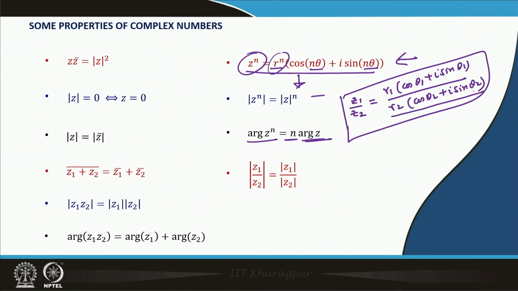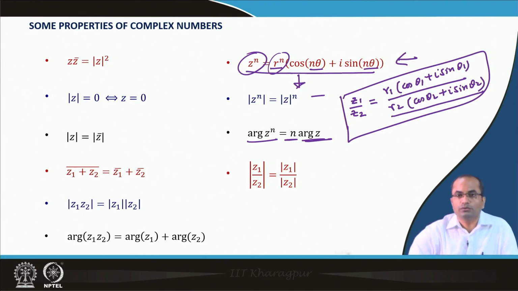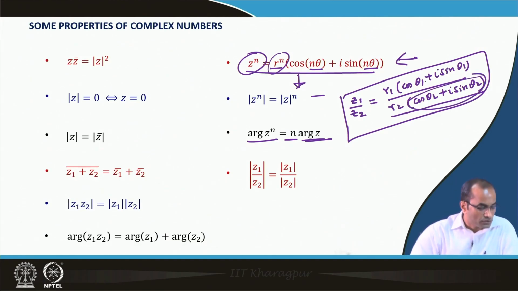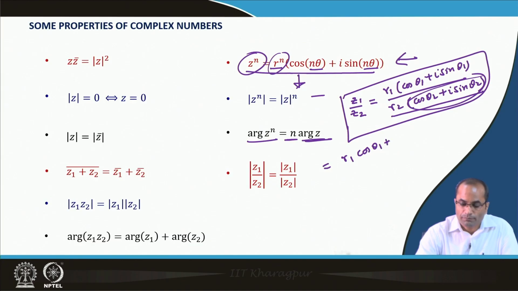We can multiply and divide by the conjugate, that is cos theta 2 minus I sin theta 2. So, what will happen? If we do so, just one more step: cos theta 1 plus I sin theta 1, and if we multiply by this conjugate, that means cos theta 2 minus I sin theta 2, and divided by